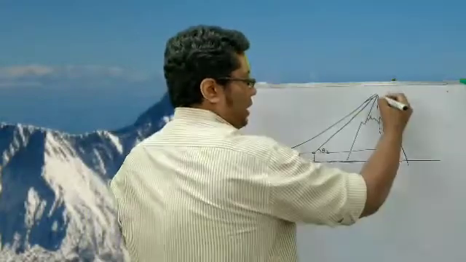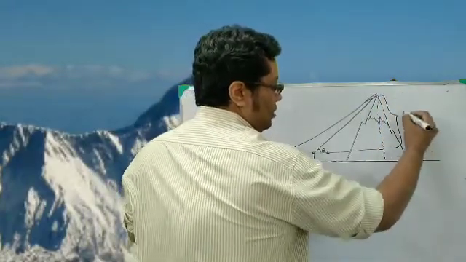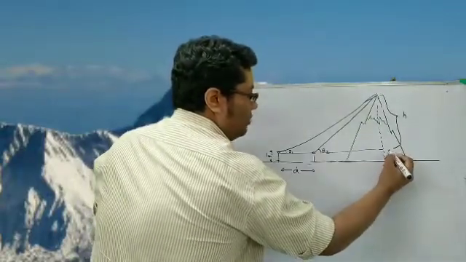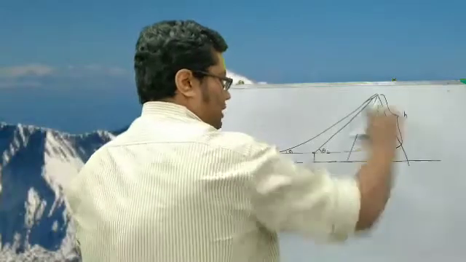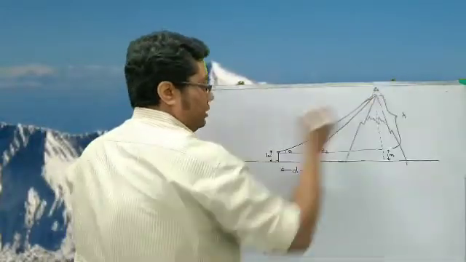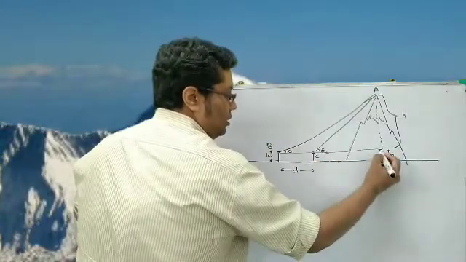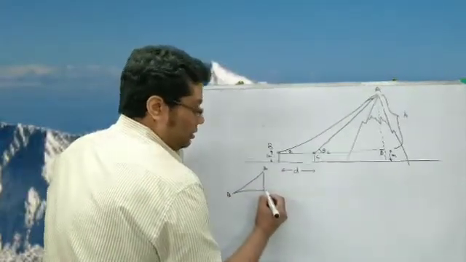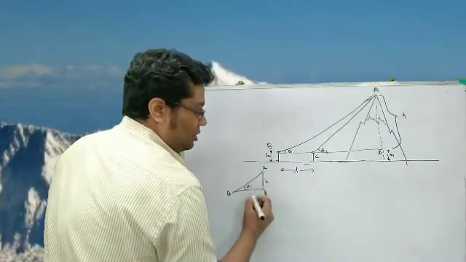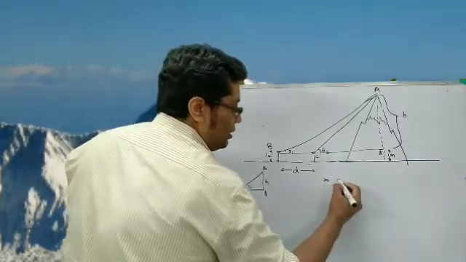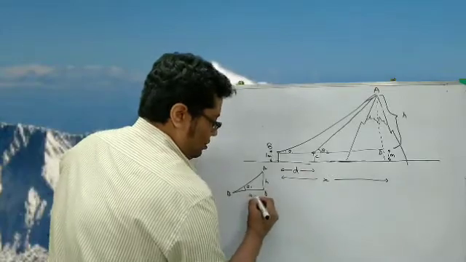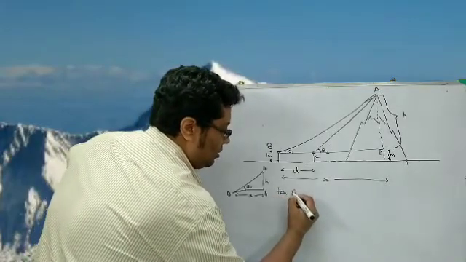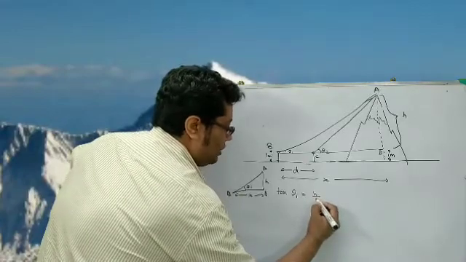So now we apply trigonometry. Let this height be h. So height of Everest would be h plus this 1 meter. So we have to find out h. Now there are two triangles, mind it, ABD and ACD. So in triangle ABD, this angle being theta1, this is h. This distance say be x. So this is x, right? So I can say tan theta1 equals h by x,